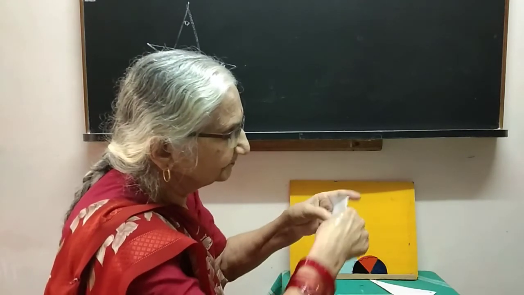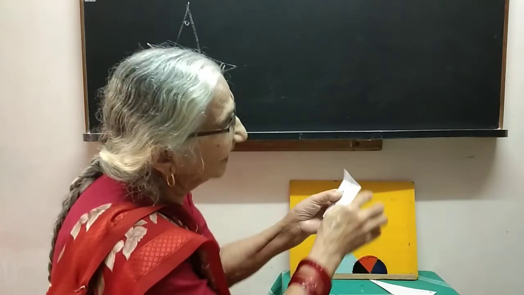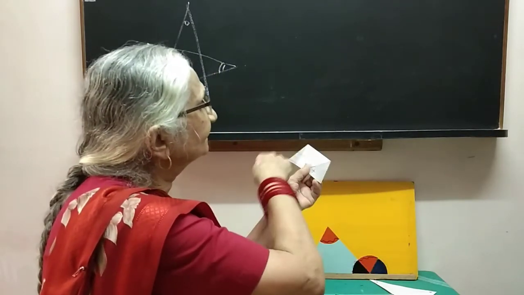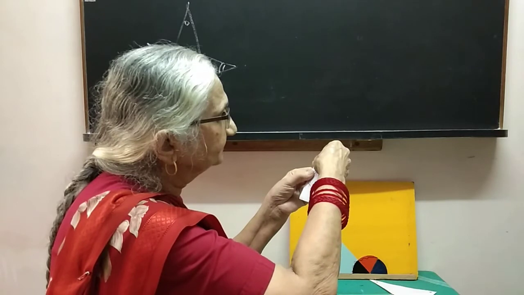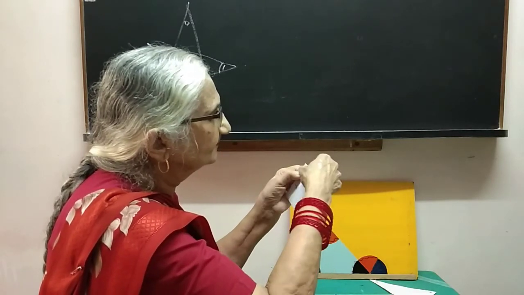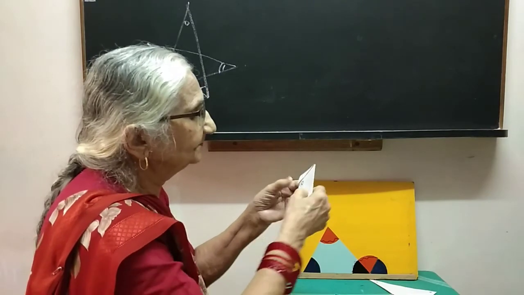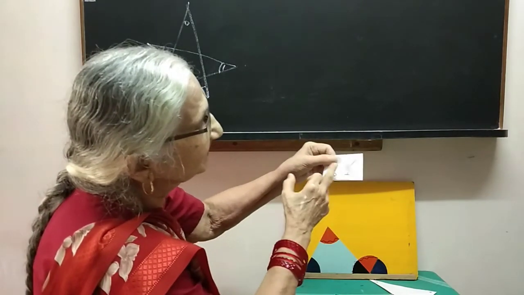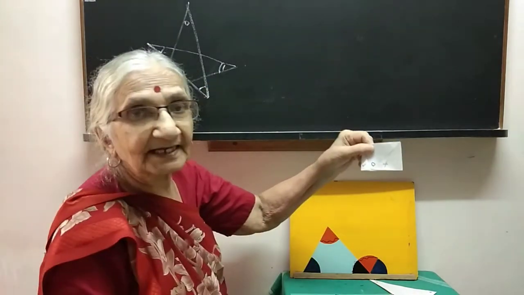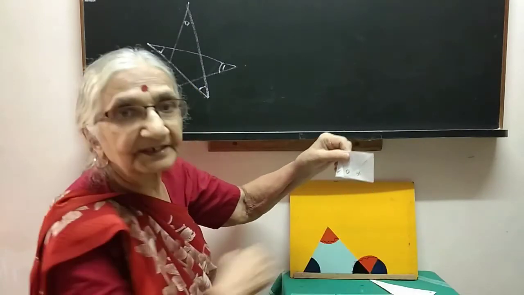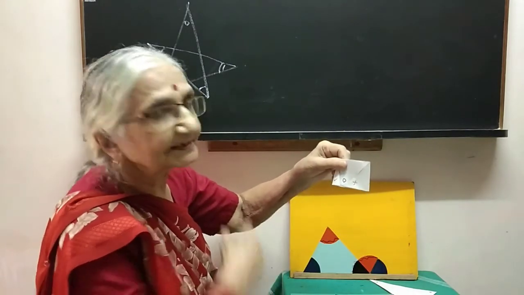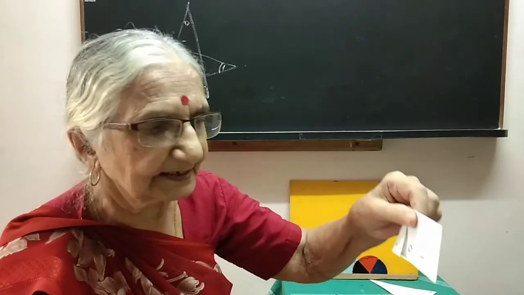Press the fold. Same thing now, at the second midpoint, this was the midpoint of the other side. Fold and press and see what you have. What we have is the three angles of the triangle, and they are all in a straight line. And therefore the sum of the three angles is 180 degrees.